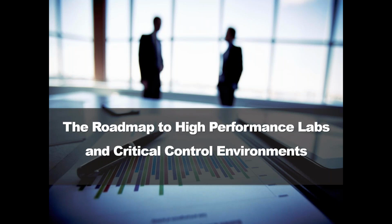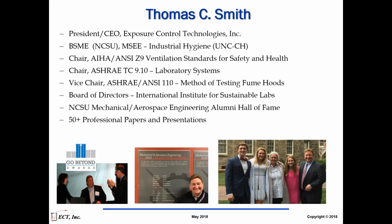We were very fortunate to have had an opportunity to work with the University of California, Irvine in development of their Smart Labs program. We learned a lot through that process. And I've been very fortunate in my career. I started testing fume hoods as a stay-in-school student at North Carolina State University in engineering, and worked for the federal government testing fume hoods until